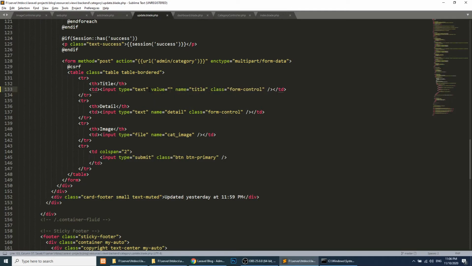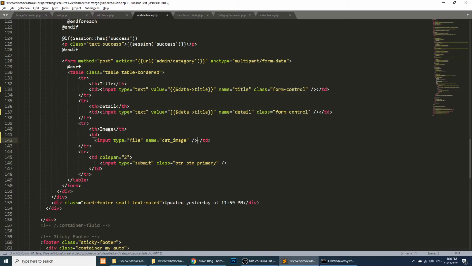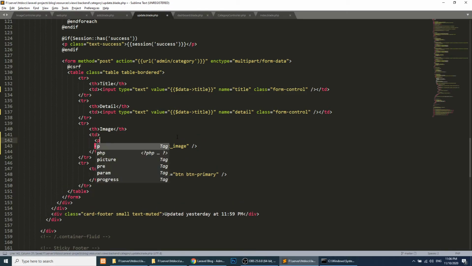So value equal to $data title, and for the details the same, and for the image we need to show the image actually. So we will create the p tag, and I will add a margin for the p tag like 2 rem, and in the image tag we'll put the asset method, and in this, images